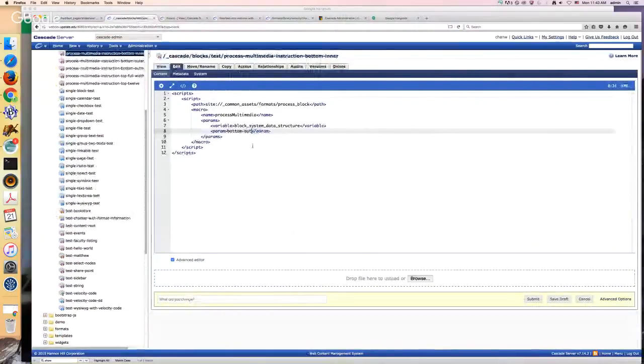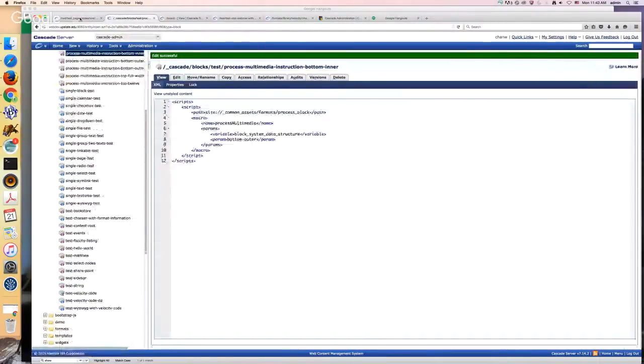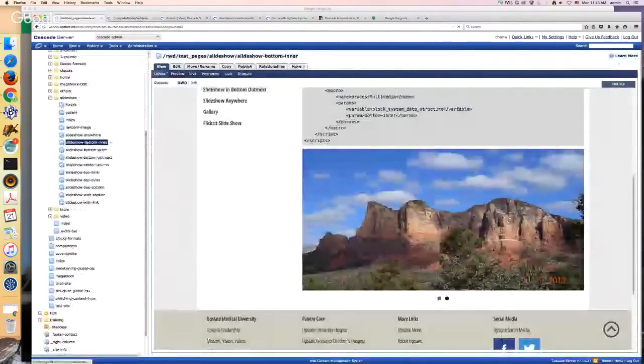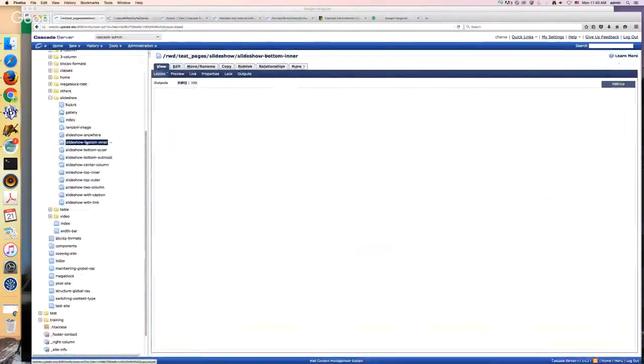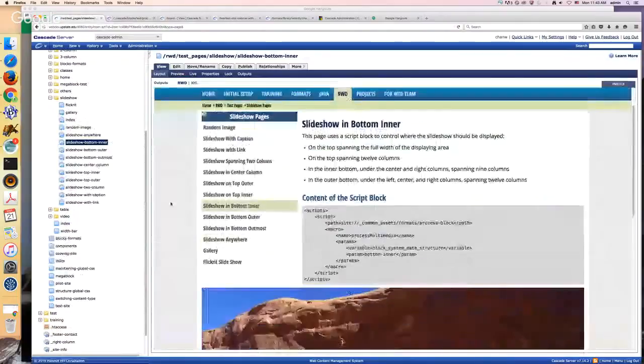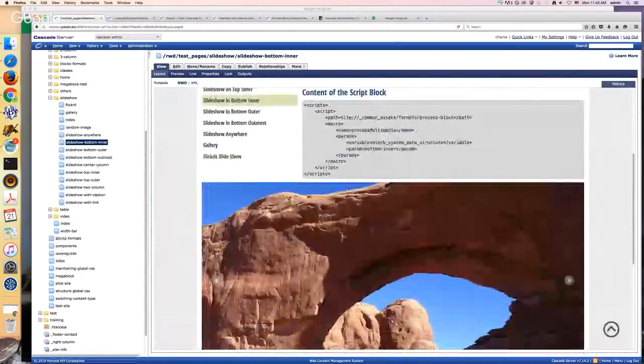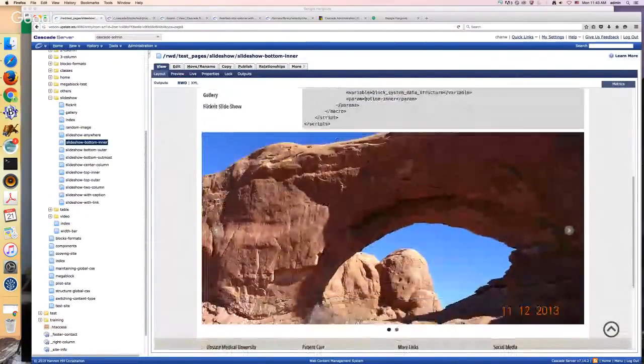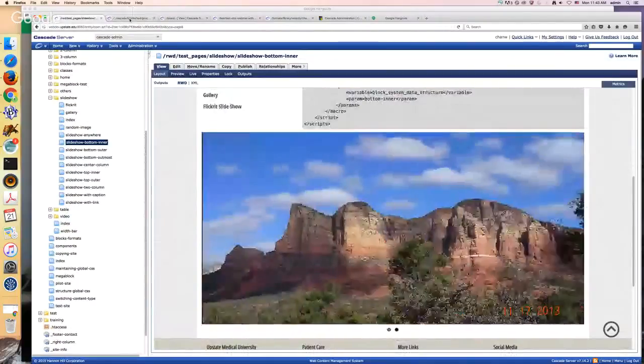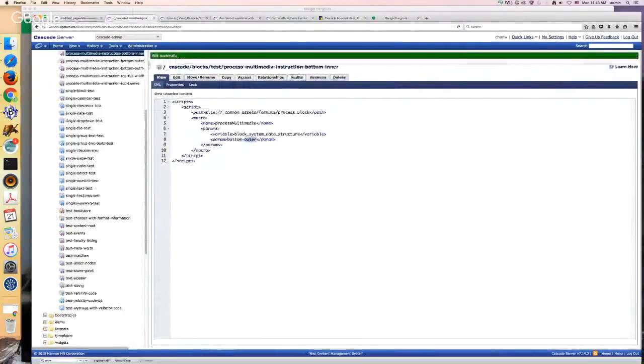I'm going to change something here. I'm going to change inner to outer. Remember, this is an XML block. So I'm going to submit and check the page again. You see, it's under the left column. Now, that's cool. If I change it to outmost,